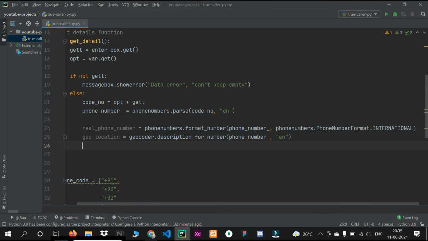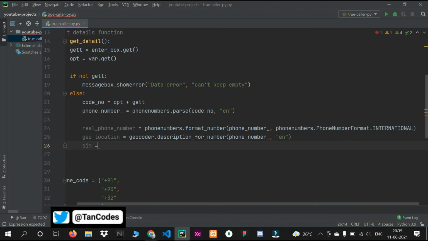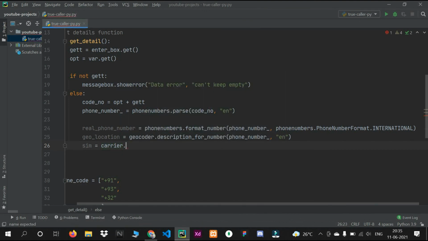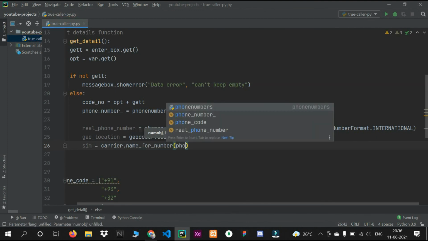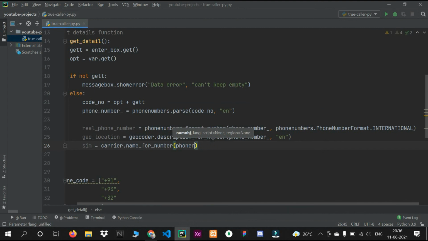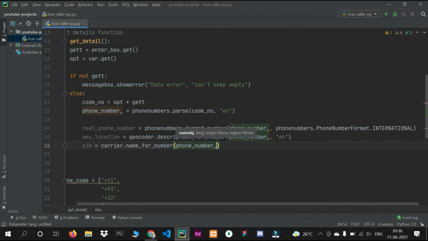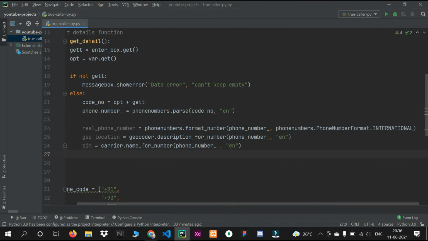Then I want the SIM details, so I will use carrier, which will tell which SIM the user is using. So carrier dot name for number, and then pass the phone number, and then pass the language English, and after that it will show this output in the message.